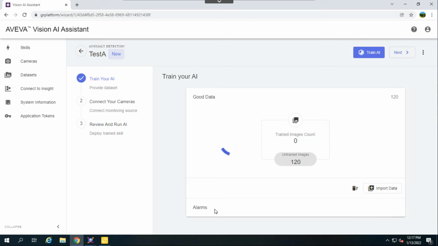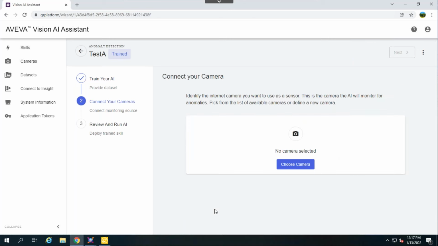So everything that is not good will go to alarm. In discrete, it's different. In discrete, I have to give state 1, state 2, and unlabeled. So if it's not state 1, it will go to state 2, and if it's not state 2, it will go to state 1. So it will do some double detection, which one is state 1 and which one is state 2. Now, after training the system,